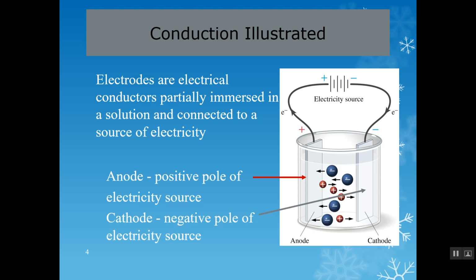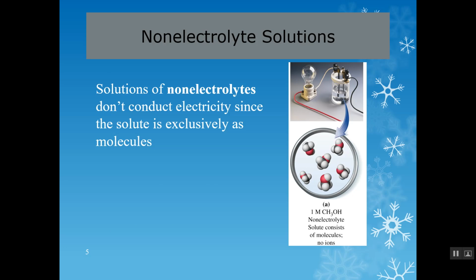So this is just rehashing some things I said before. So let me skip to this. Now, what we're going to talk about are different types of solutions, aqueous solutions, right? And the first category of aqueous solutions we're going to talk about are what we call non-electrolyte solutions. And these are solutions of compounds which will not form ions in an aqueous solution and therefore, as a result, will not conduct electricity. So one example of this here is this solution here of a 1 molar methanol solution,